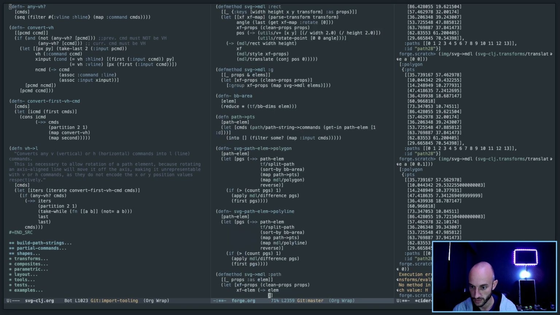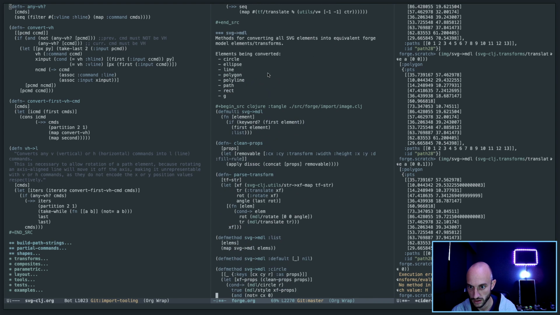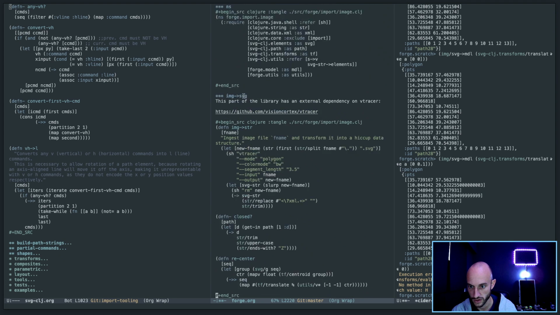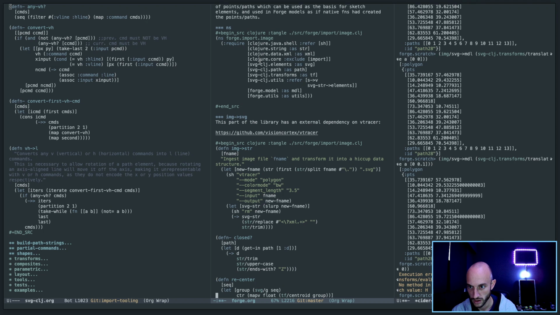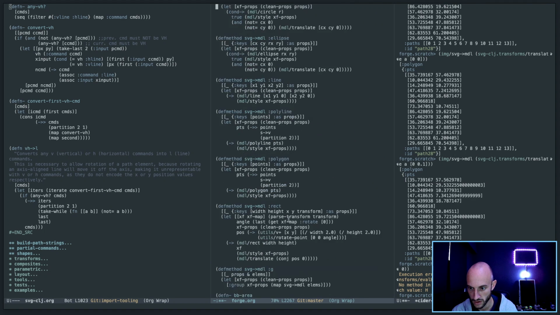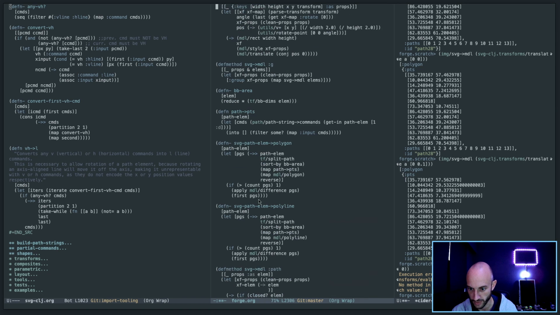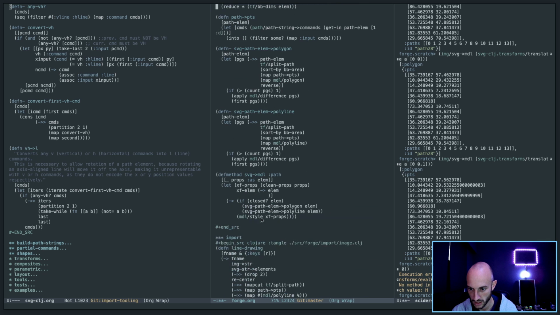Let's thread the element through a few transforms here. So we've got, in this namespace, I want to make sure I've got SVG as path, which is good. So I need to go SVG to model of path here, and I want to just do path slash